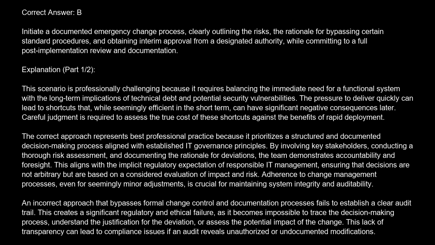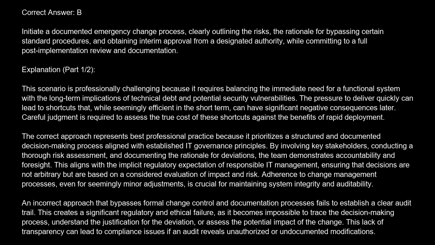Explanation. This scenario is professionally challenging because it requires balancing the immediate need for a functional system with the long-term implications of technical debt and potential security vulnerabilities. The pressure to deliver quickly can lead to shortcuts that, while seemingly efficient in the short term, can have significant negative consequences later. Careful judgment is required to assess the true cost of these shortcuts against the benefits of rapid